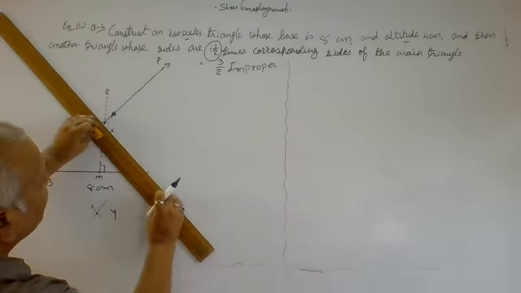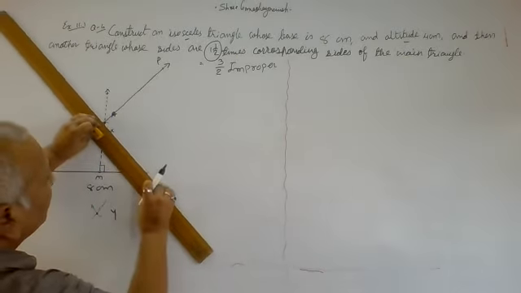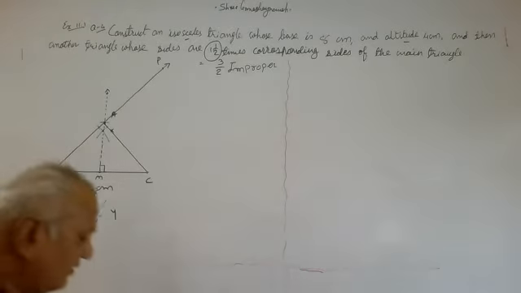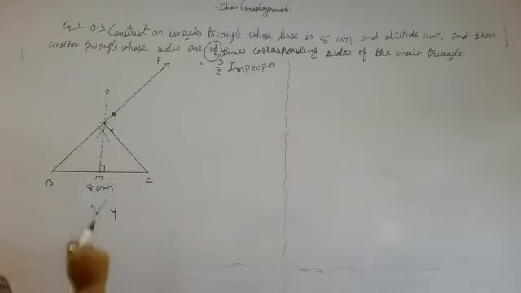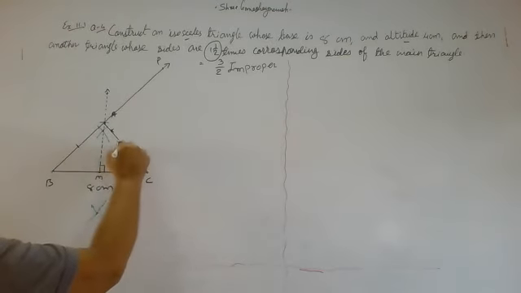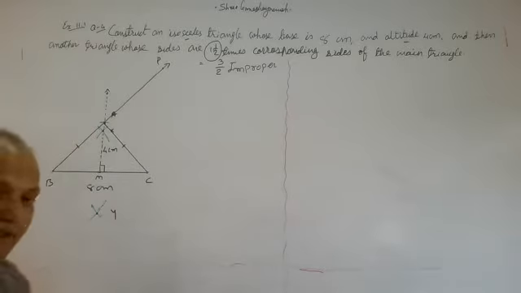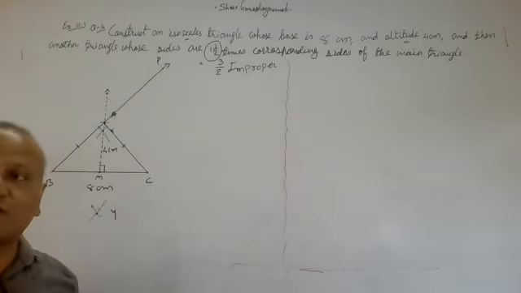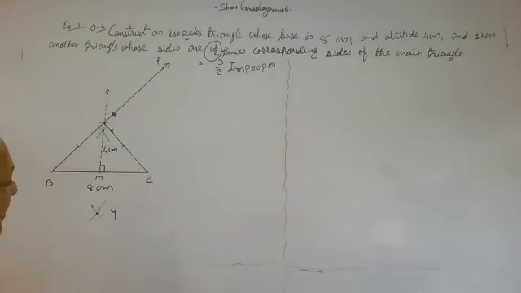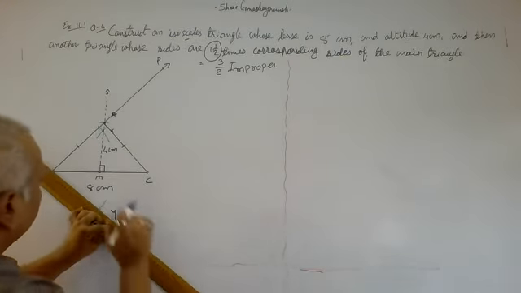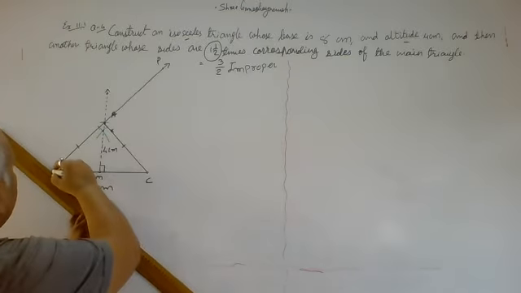It is ABC, our main given triangle. So this is triangle ABC. It is an isosceles triangle. These two sides are equal. It is altitude 4 centimeter. I hope everybody understands how to construct a triangle. Now I will do the main construction, that 3 upon 2 part. So first I have to take an acute angle like this. It is an acute angle.